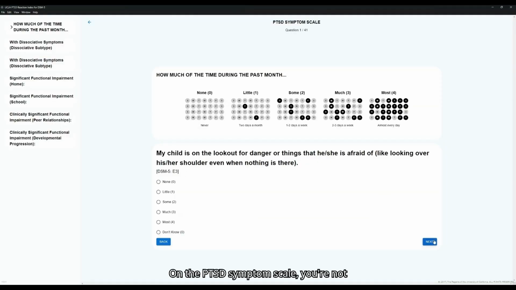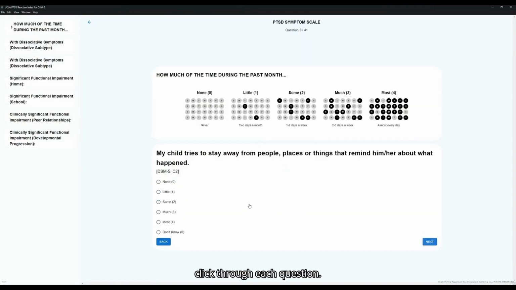On the PTSD symptom scale, you're not able to skip a question. All questions must be answered before continuing. Additionally, for the parent-caregiver version, you have the option to select Don't Know for any of these symptom types. If you select Don't Know more than 5 times, it will not be considered a clinically valid test at the end of the assessment. You can either click through each question,